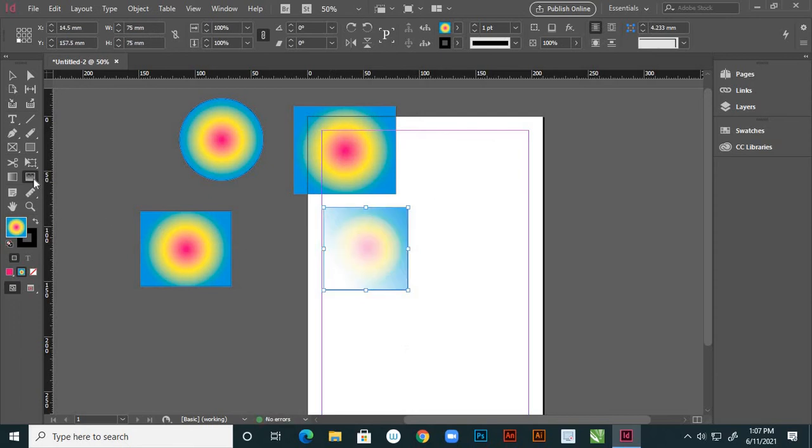See the difference between this gradient feather, adding feather here, and the gradient swatches, the gradient colors. In this we are adding, and here it is feather. See, light to dark. You can choose your area, suppose how you want.